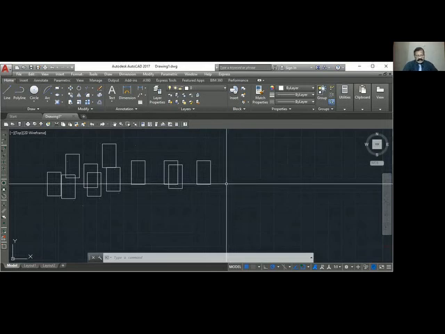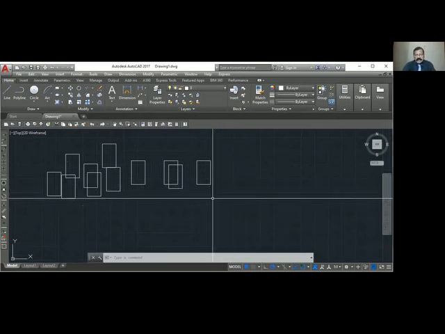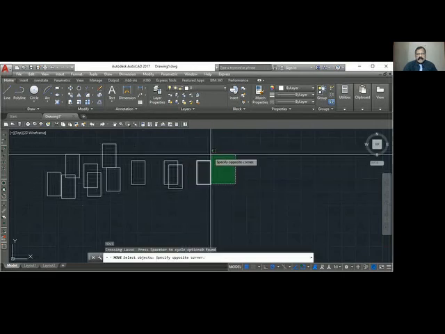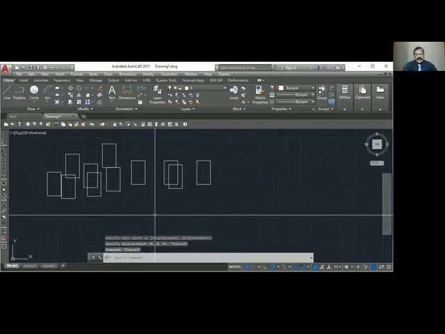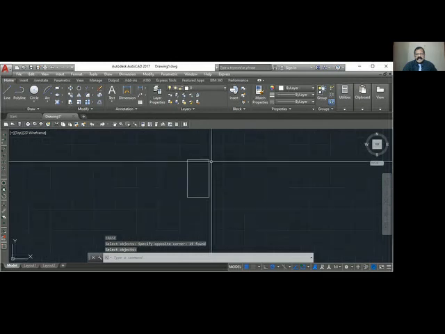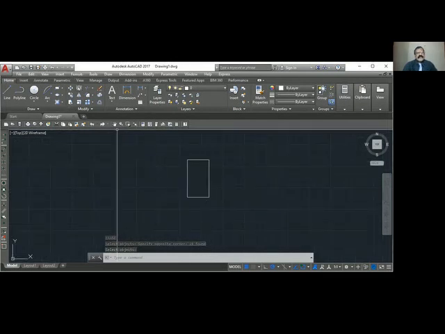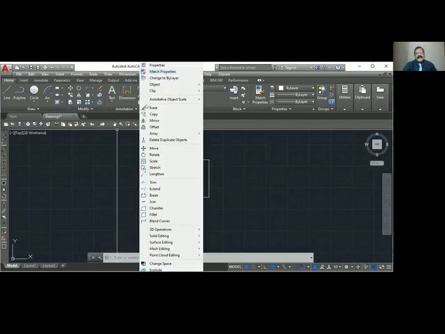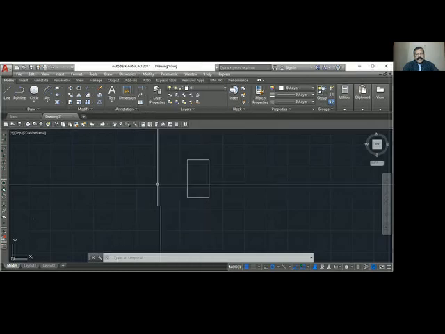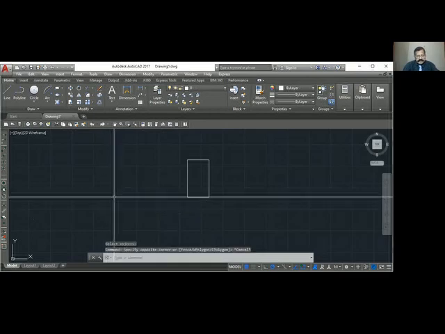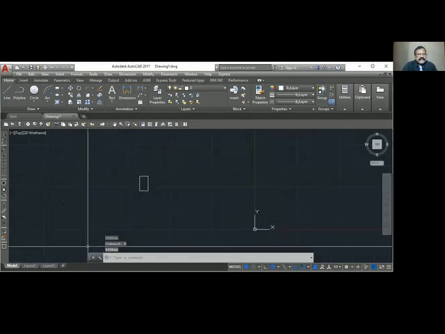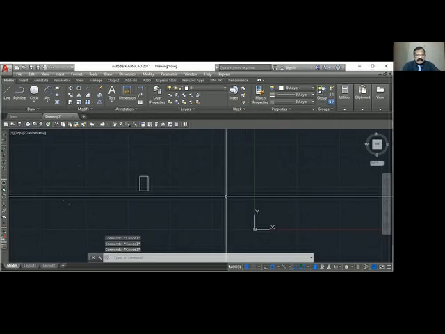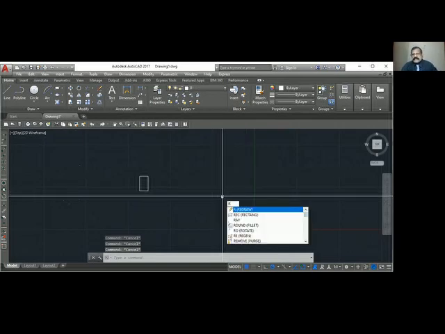Now we'll see the rotate command. Rotate, from Modify, or you type RO.